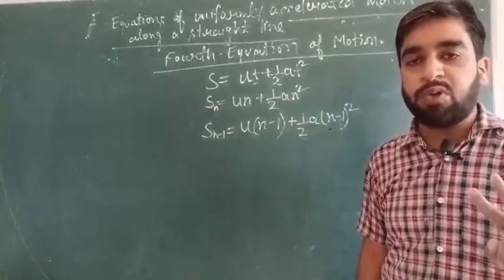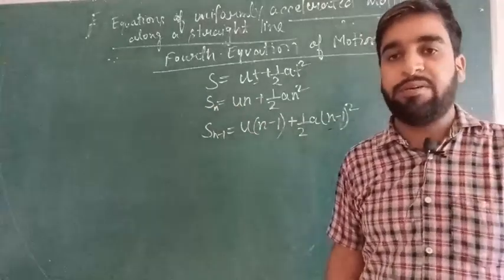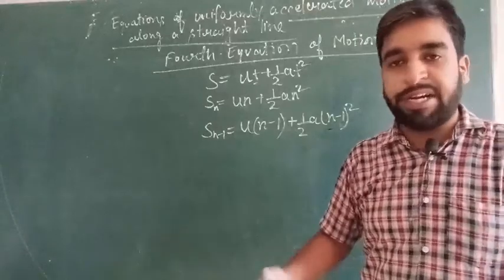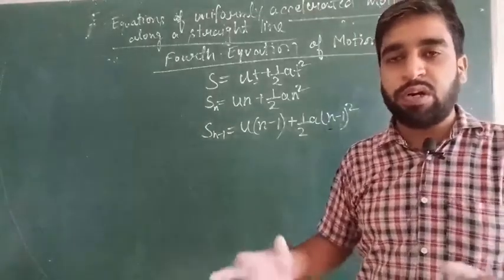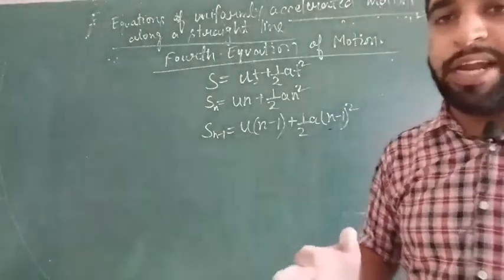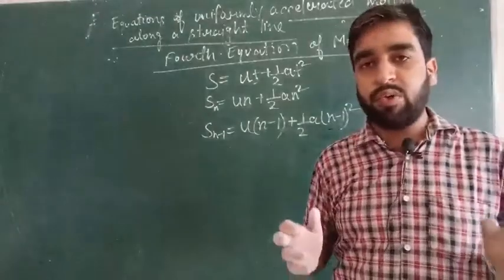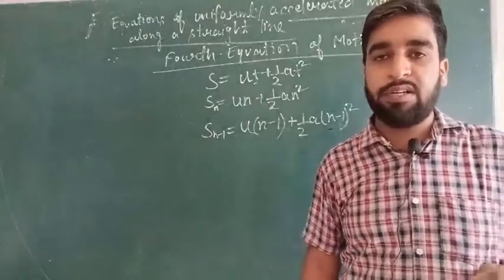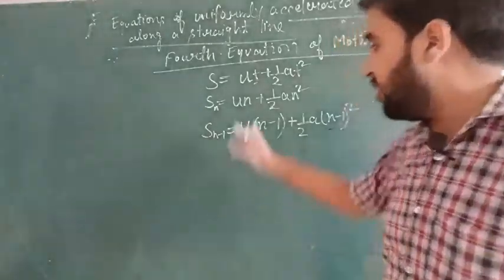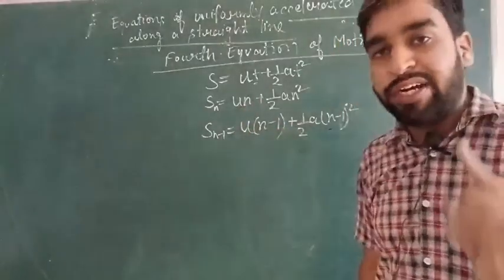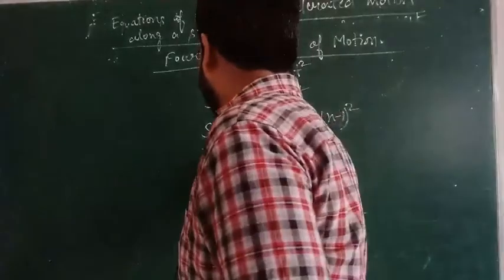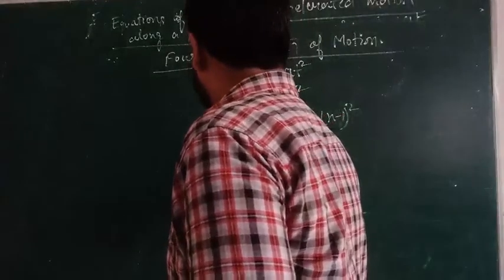Then you will come to know the distance traveled in the nth second only. For example, suppose I tell you that one cricket team, say Mumbai Indians, scored 190 runs in 19 overs, and total runs are 210. So how many runs were scored in the 20th over? You can subtract. In a similar way, you have to subtract for calculating the distance traveled in the nth second. So distance traveled in the nth second,